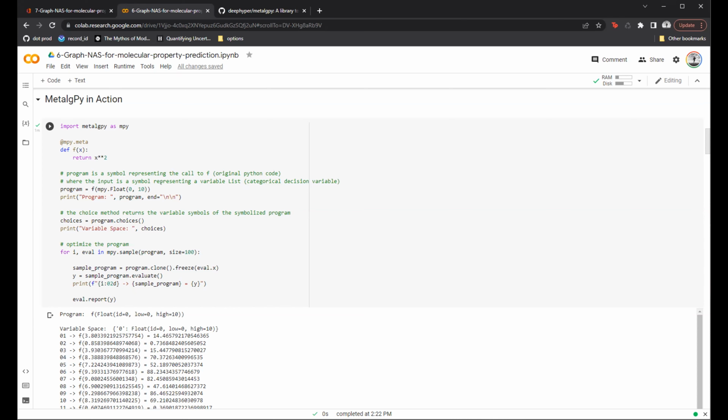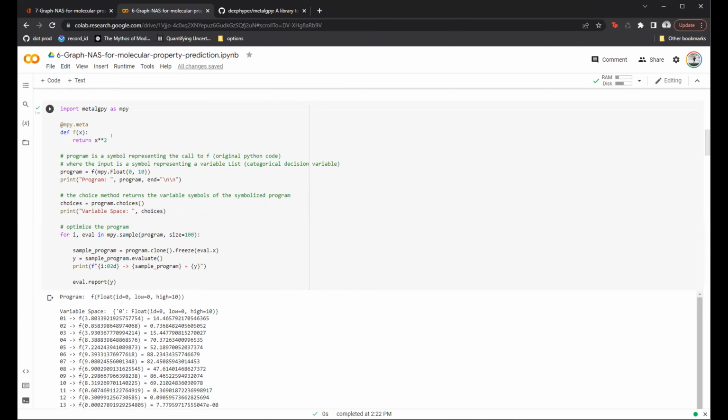So the idea is to use the decorator to transform your given code into a symbol, and then use a set symbol to build a program that could be used to perform any sort of optimization task. The optimization is not a compulsion, but it shows you the capability that it's possible.